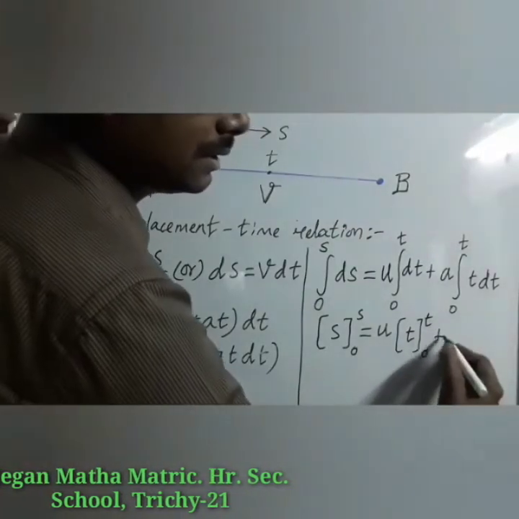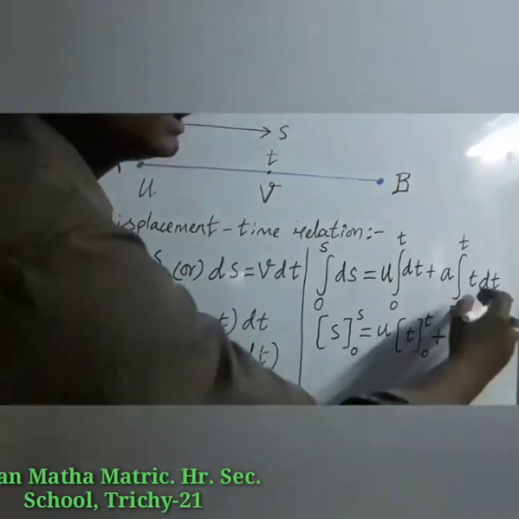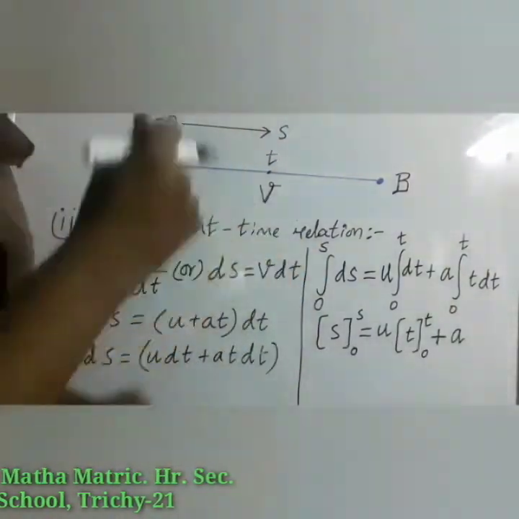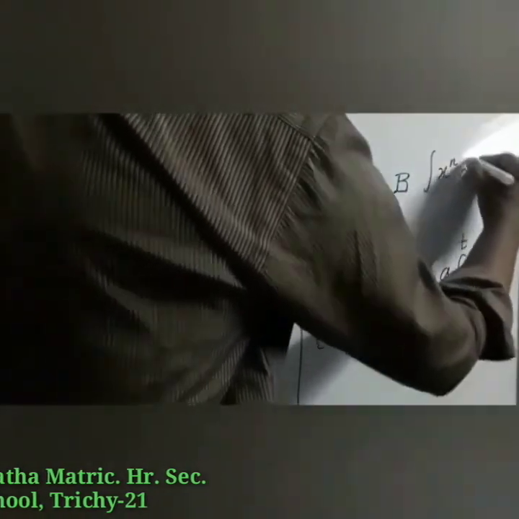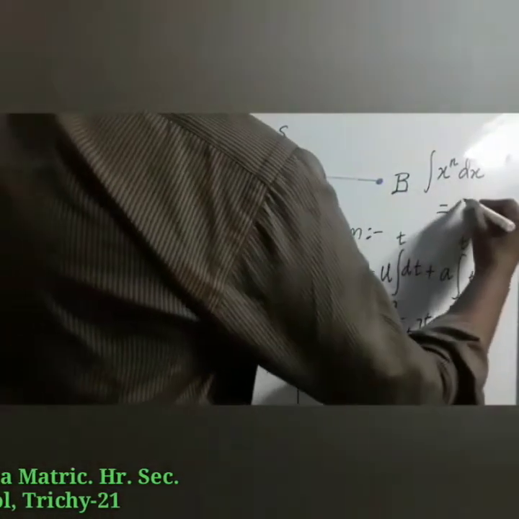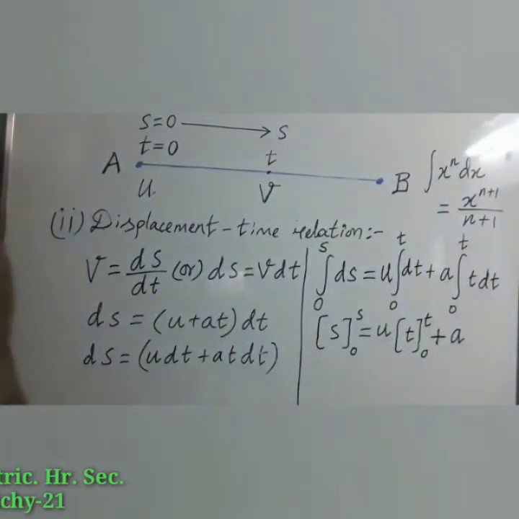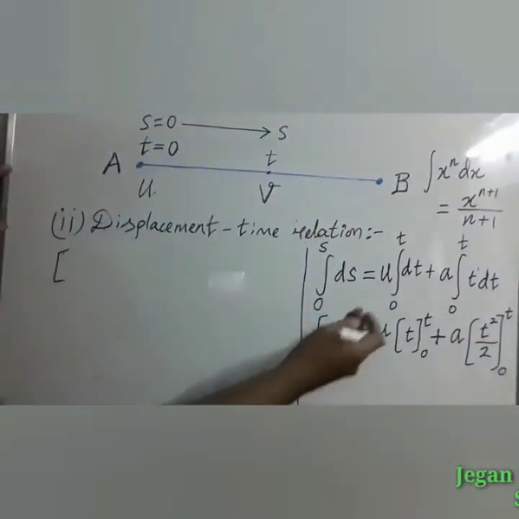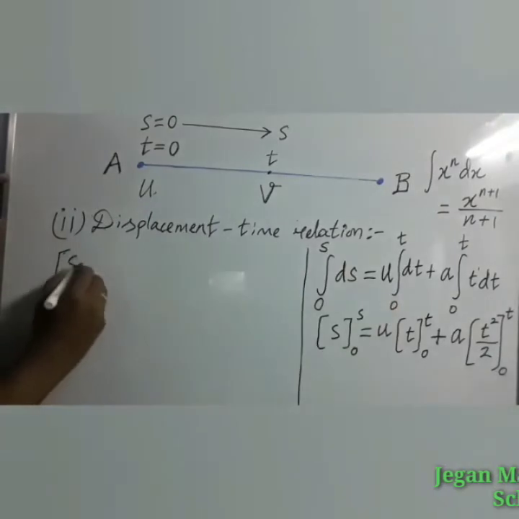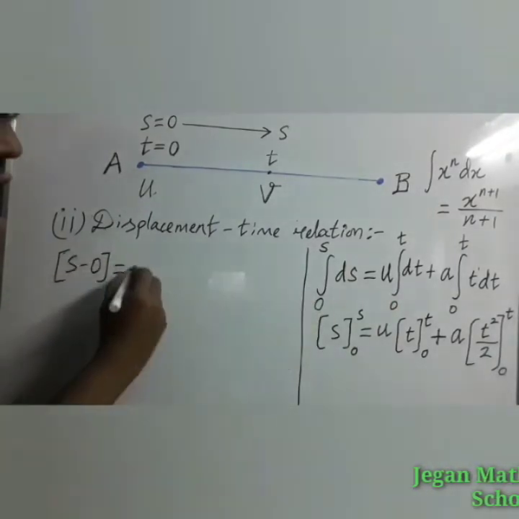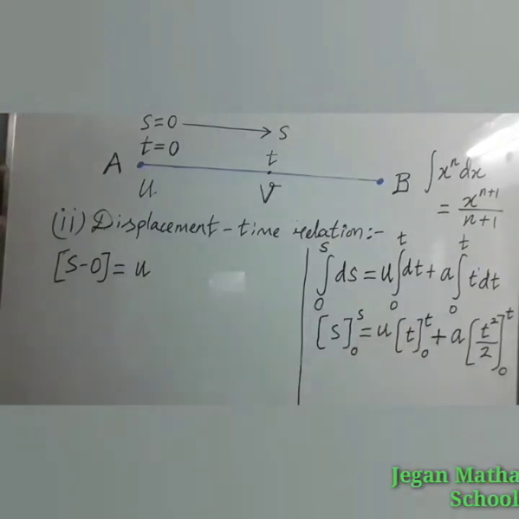t plus a is a constant value. Here only you have to give more concentration. You know that formula, x power n into dx. After the integration, you can get x power n plus 1 by n plus 1, the power value. Instead of x, we have used t. So apply that rule here. t power 1 is there. So it can be written as t square by power value 2. Upper value is t, lower value is 0. We can apply the upper limit minus lower limit. Here upper limit t minus 0, that is equal to u. Here you have to apply the upper limit and the lower limit. Of course both are same.